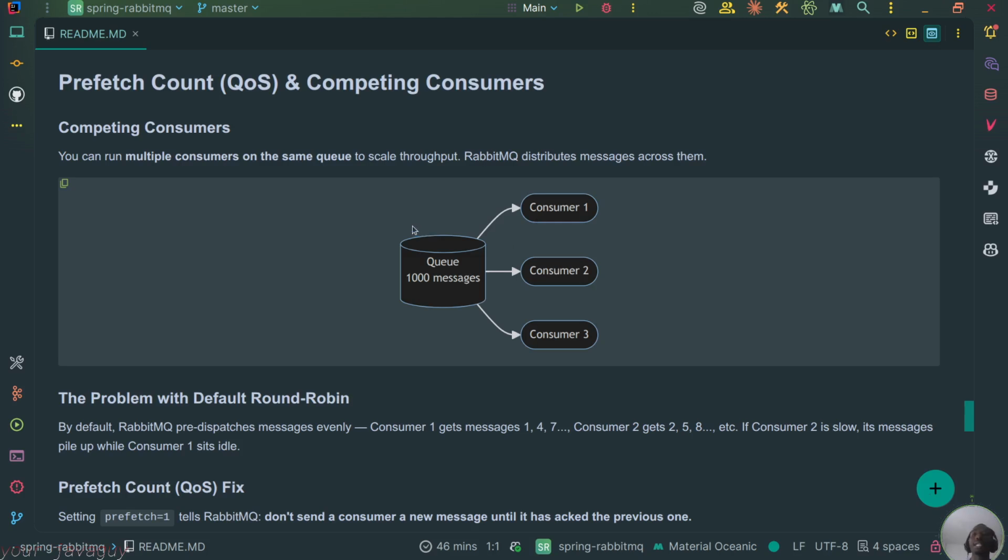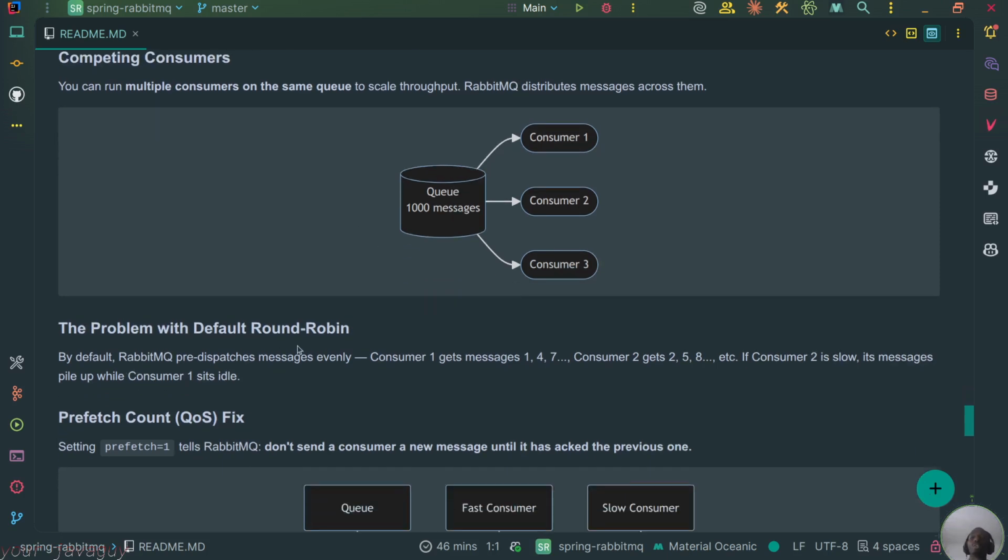So you can create workers, and then what happens is the messages are distributed. You can have this specific worker work on like 50 messages, and the other work on 100 messages, like that. So the problem